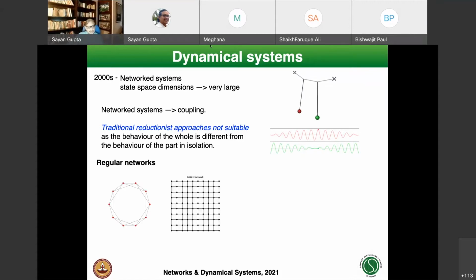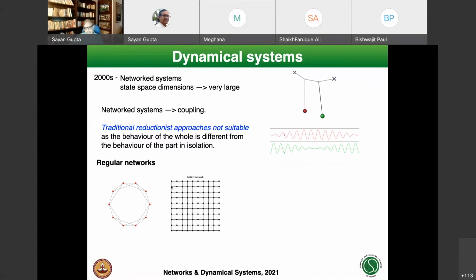So here is some picture of a regular network. A regular network means each of these nodes could represent a dynamical system, for example, and these connections are nothing but the couplings between the neighboring oscillators. But a regular network is one where the couplings are very regular, in the sense that the couplings are only associated with the nearest neighbor almost. For example, this is connected to only the nearest one. This red node is connected to only the nearest one and the next to nearest ones.